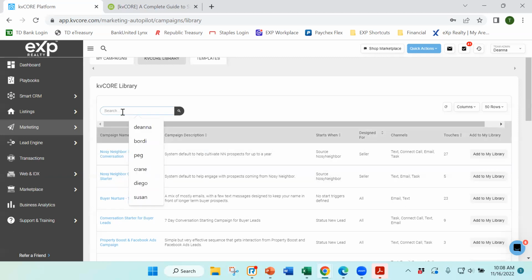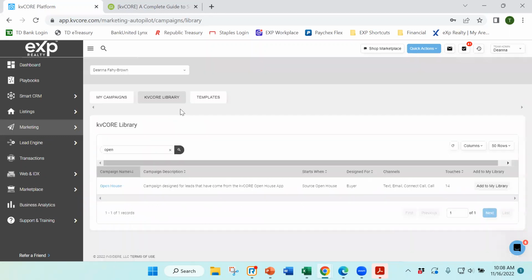So if we wanted to take a look at a specific campaign and understand what was going on with it, let me just pick one at random. I'm gonna say, let's pick a campaign for open house leads. So in the search box, I just typed the word open, hit the magnifying glass, and here I have a campaign. What this is telling me is that that's the name of the campaign, Open House, that it is designed for the leads that are coming in from that app. It starts when the lead comes in with a source of open house, obviously designed for buyers. These are the channels. So this looks like it's going to cover text, email, and phone call